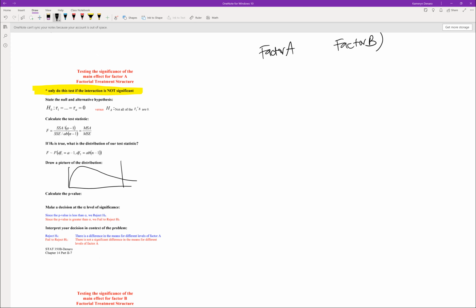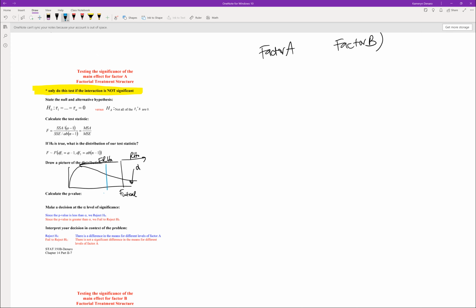You can set up your rejection region. You can set up your fail to reject region. You can get your critical value. Remember the area of the rejection region, that's equal to alpha. And from there, you can calculate your test statistic. And if your test statistic is not as large as your critical value,